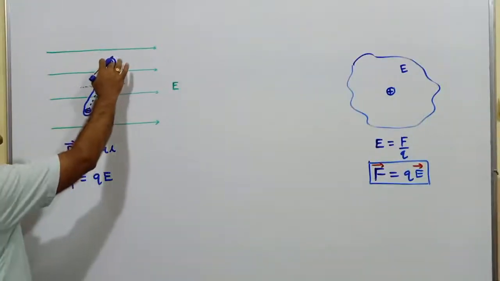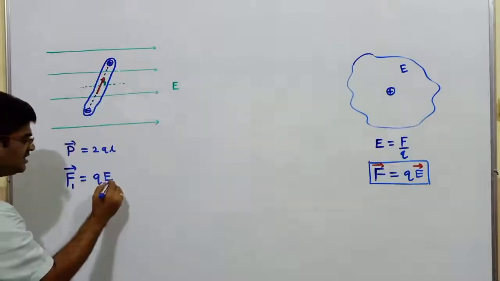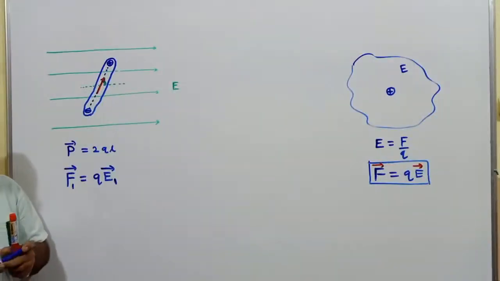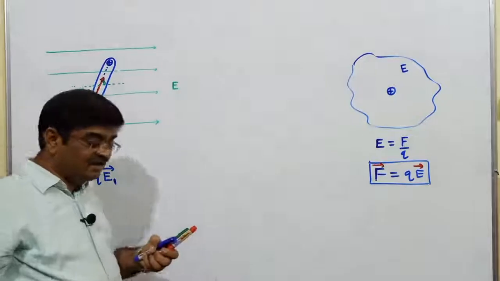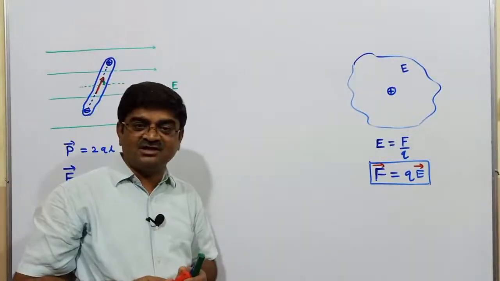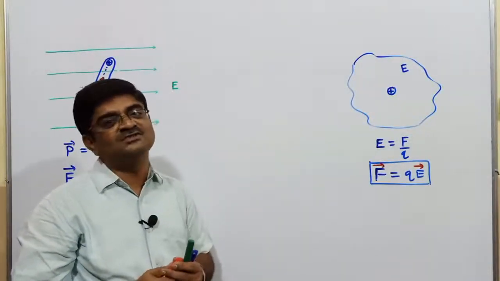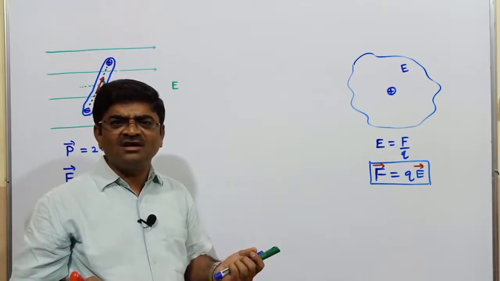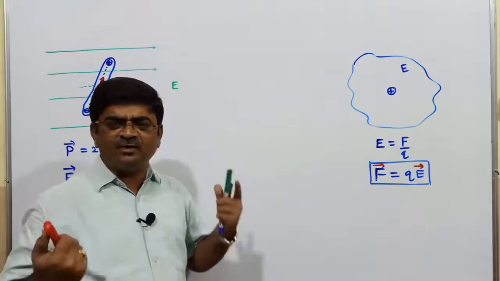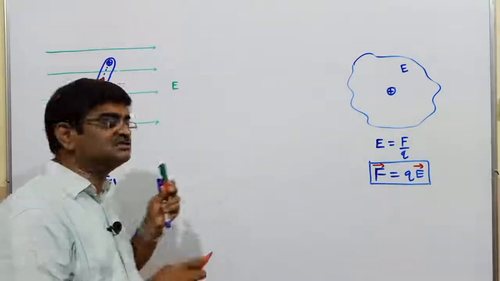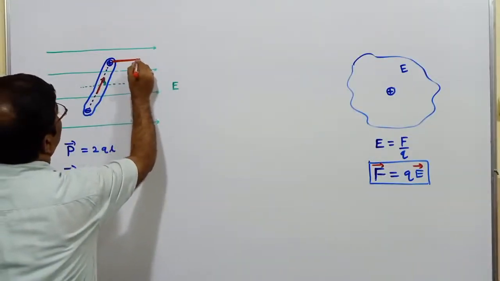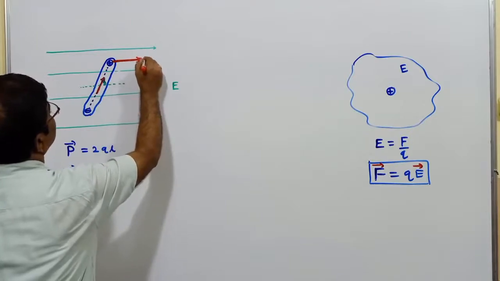Let us say the intensity here, where I have the positive charge, is E1. This is the magnitude of the force on a positive charge. How about direction? Just now I reminded you: a positive charge always experiences force in the direction of the intensity. With this background, it is not difficult for me to show the direction of force on the positive charge. And here I do that. So this is the direction of force on the positive charge.